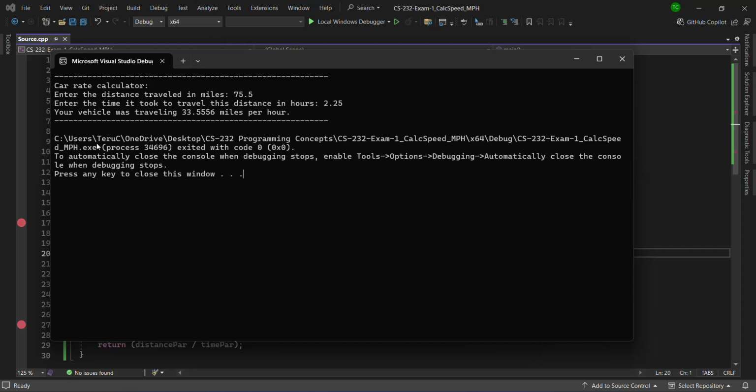Car rate calculator, enter the distance traveled in miles, 75.5, entered by the user. Enter the time it took to travel this distance in hours, 2.25. Your vehicle was traveling